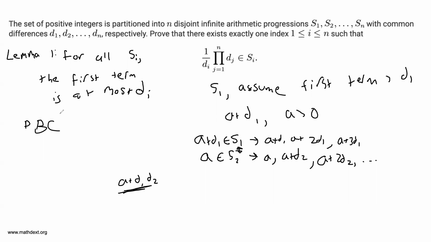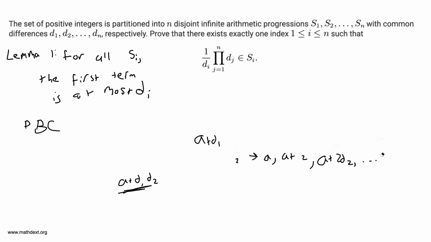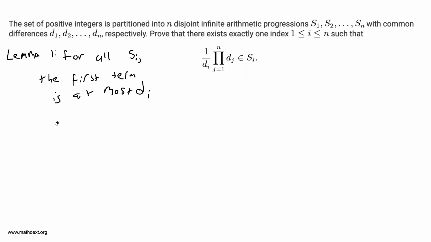So that's enough to prove this lemma, which is that for all sequences, the first term is less than or equal to the common difference. And that's pretty small, but it turns out to be actually pretty useful. Okay. Now let's look at another lemma, lemma 2,